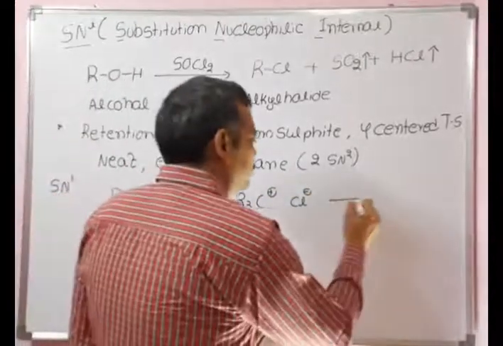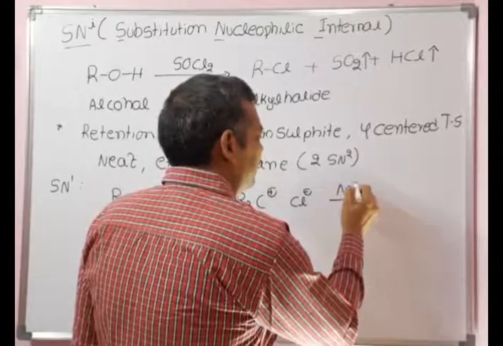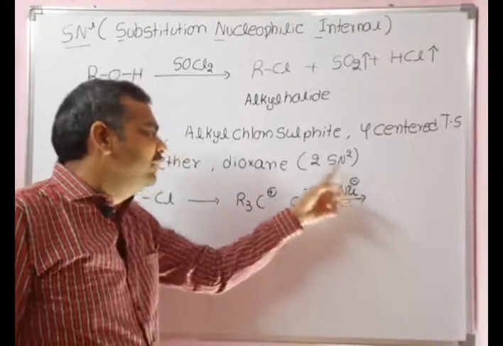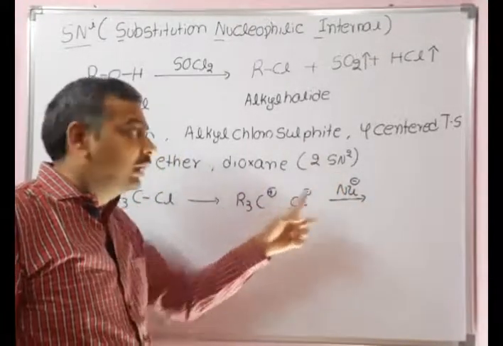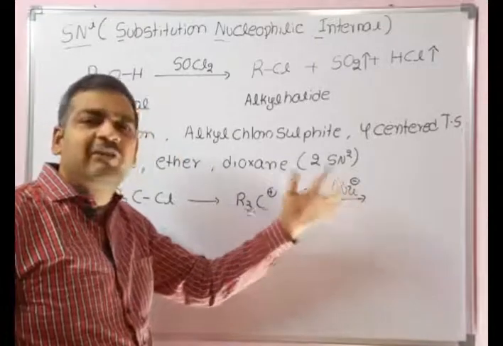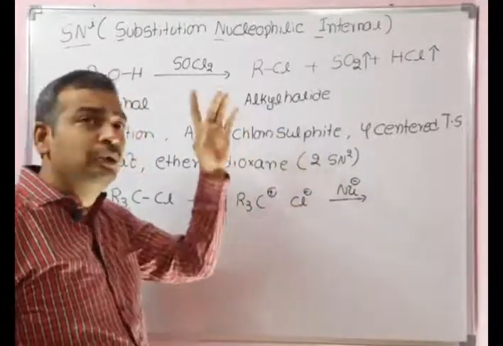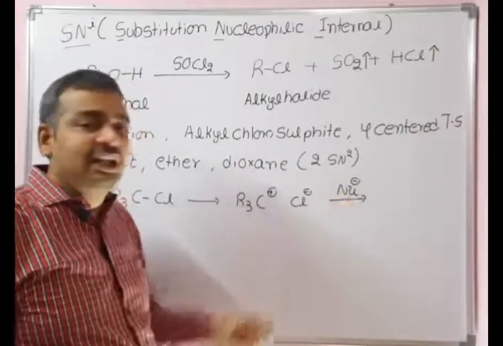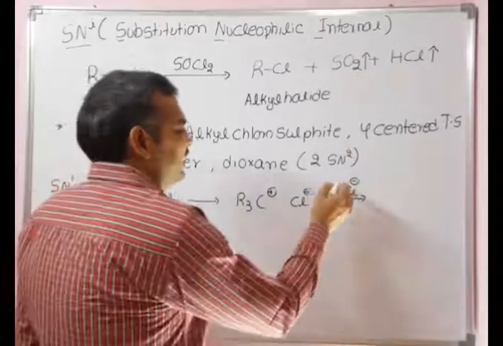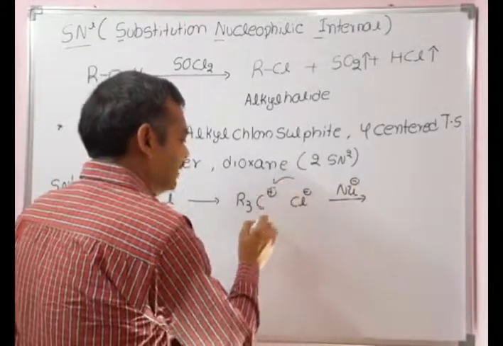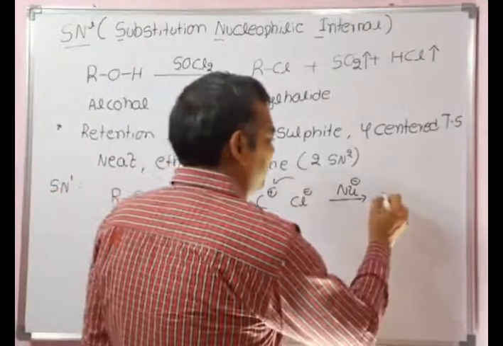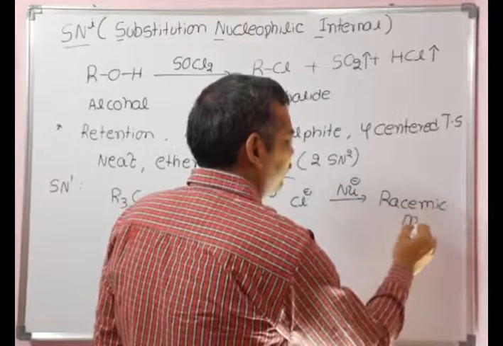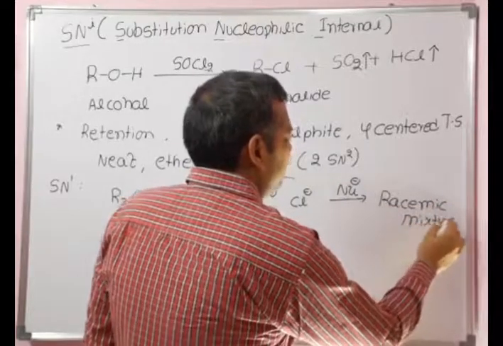After that, the nucleophile will attack on the carbocation. In SN1 reaction, the nucleophile will attack the carbocation from the outside, whereas in SNi, the nucleophile will attack internally. See the difference. In SN1, the nucleophile will attack outside, and this will attack either from the top side or from the back side. As a result, we will get a racemic mixture in case of SN1.